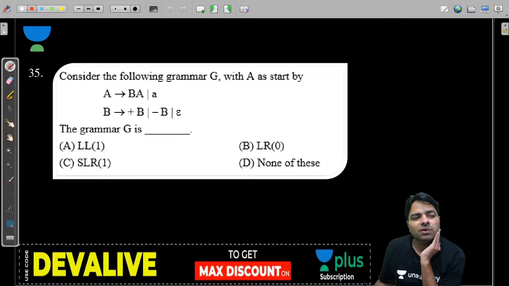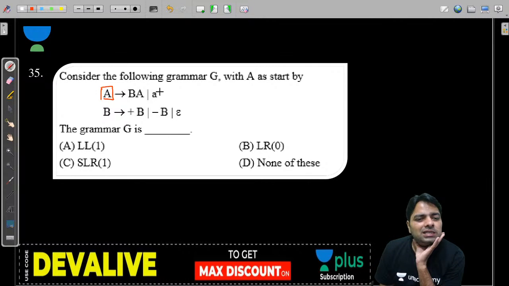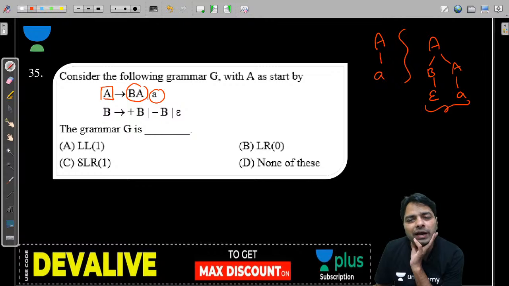Okay, consider the following grammar G with A as the start symbol. The grammar G is, and really checking could be difficult, but sometimes you can easily understand the problem. Here A is there. Can you generate A from here? That's what your aim is all the time. Yes, you have constructed. Is there any way that I can do A → BA, and for B I can put epsilon, for A I can put small a? Did you get the A again?